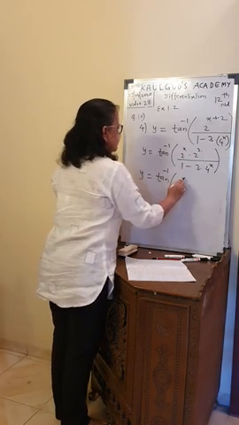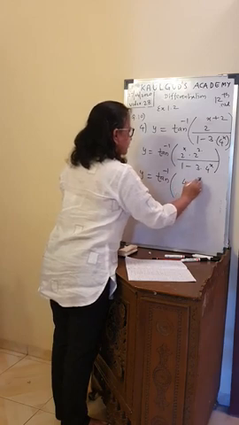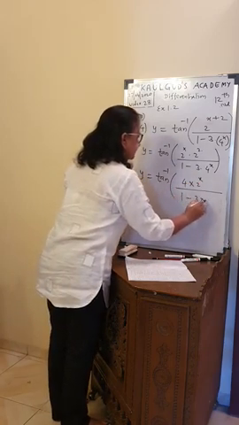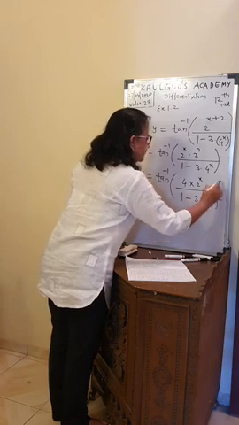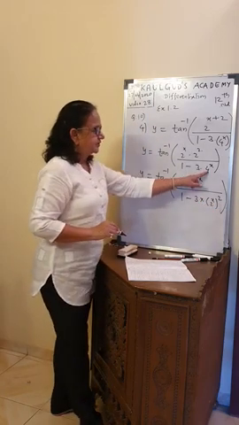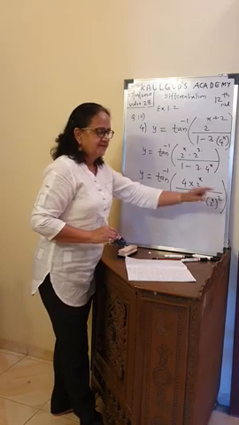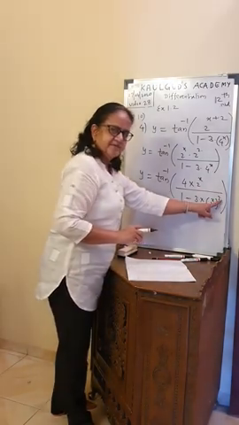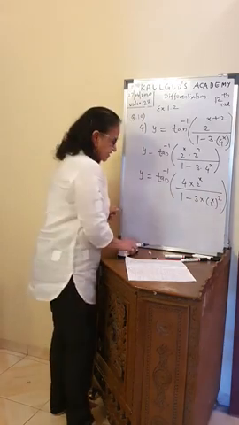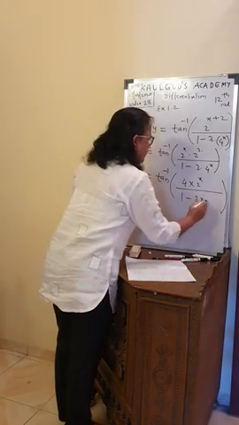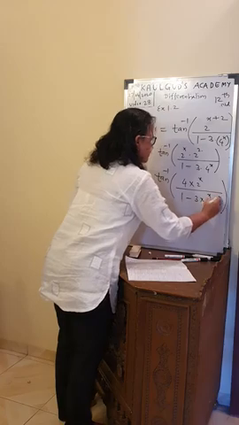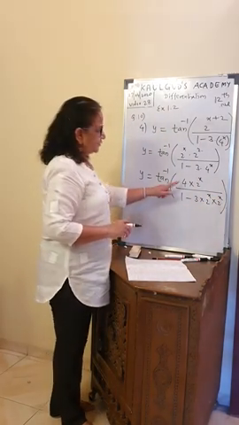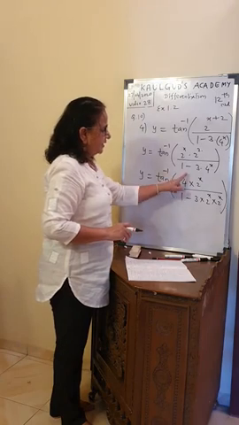2 square, 4 into 2 raised to x. That is what you have got up. And down, 1 minus 3 into 2 raised to x and a square of it, 4 raised to x. Now in the notebook you can write one more step: 2 raised to x square, meaning 2 raised to x into 2 raised to x. So down you have 3 into 2 raised to x into 2 raised to x. Now is the adjustment becoming clearer to you? Down I have got minus, so up I must have plus.